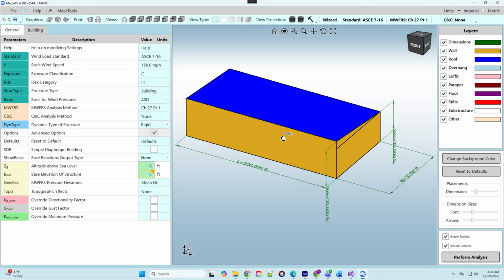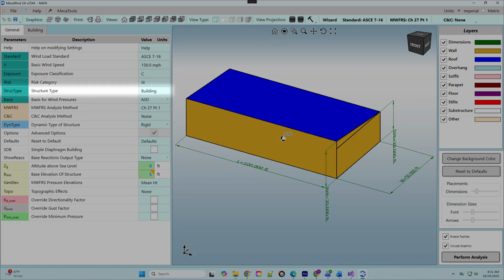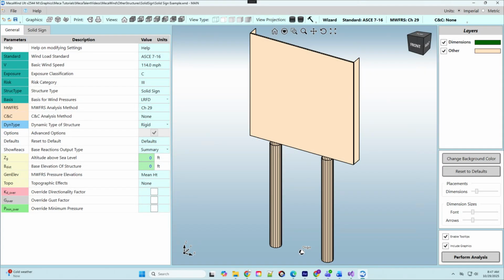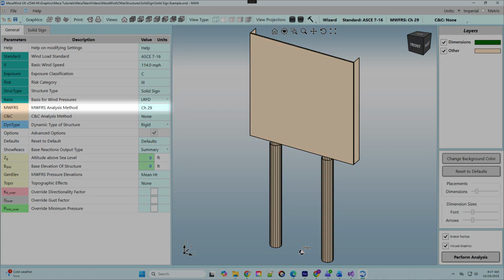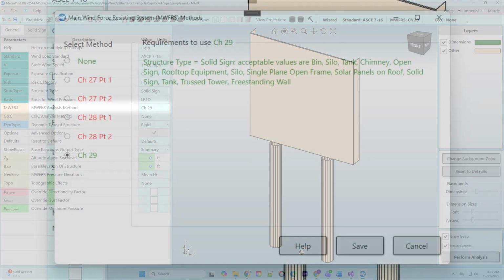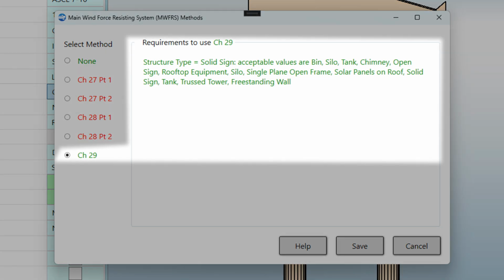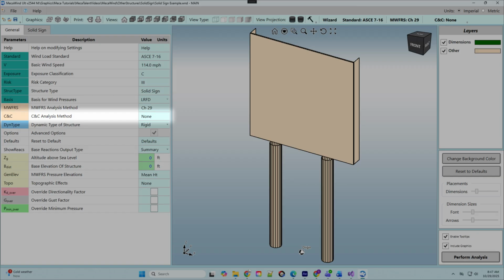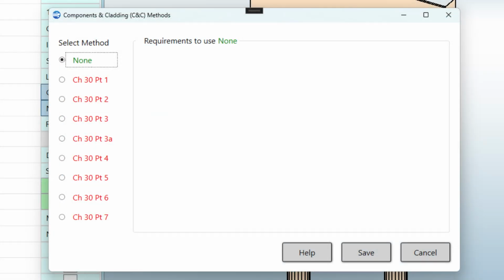To create a solid sign, click the Structure Type button in the General tab and select Solid Sign. We must now select a MWFRS analysis method. The only valid option for a solid sign is Chapter 29. There is no component and cladding method for a solid sign, and so we click the C and C method